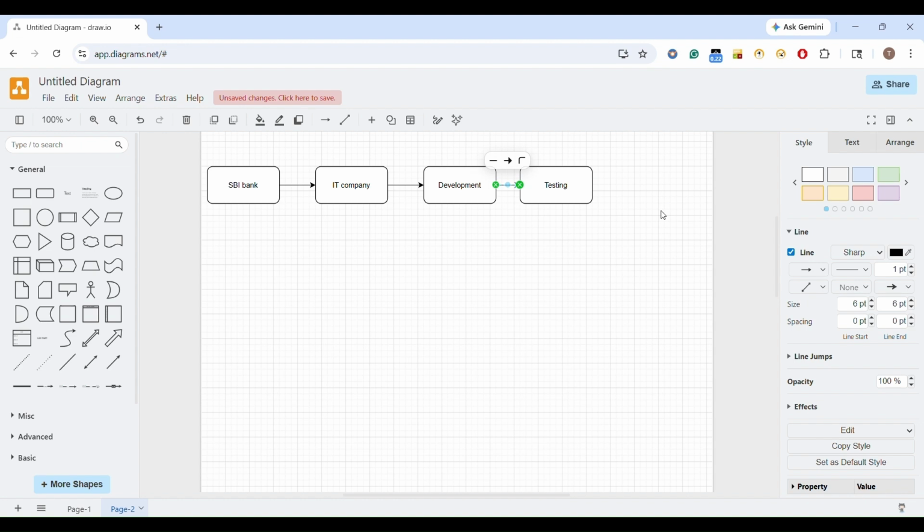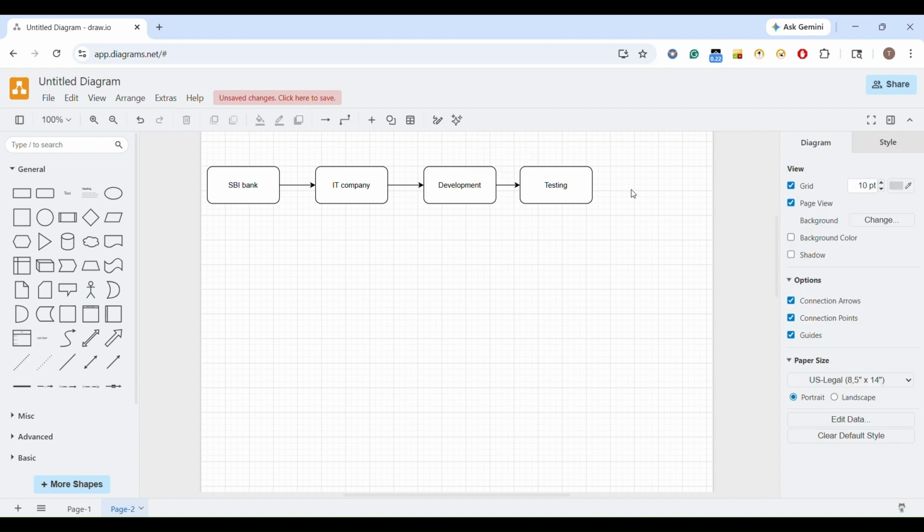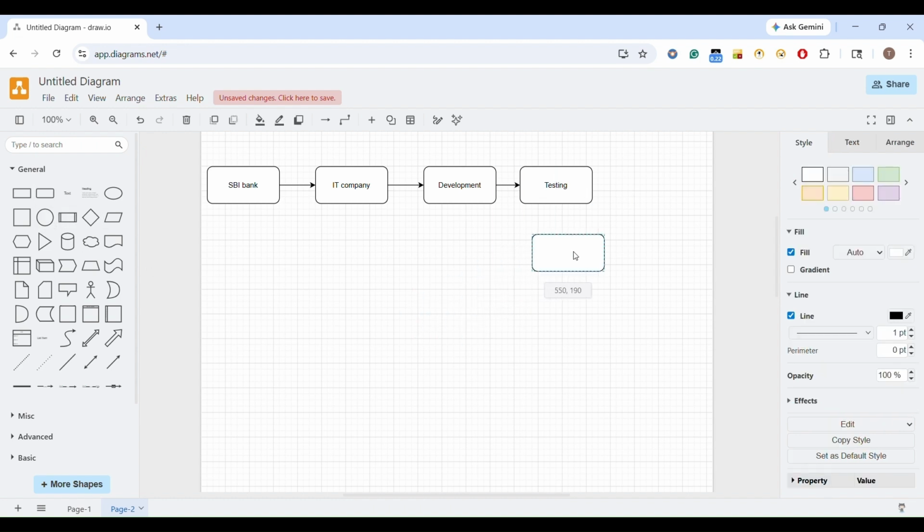This is happening in the QA environment. The development is happening, testing is happening. Once testing is complete, all the requirements are completed, the application is completed,